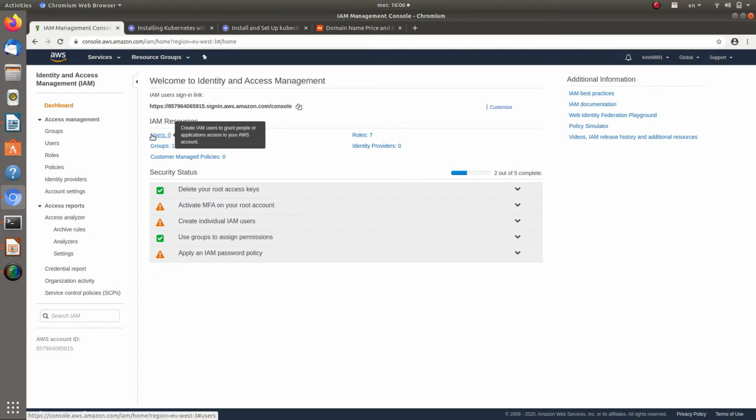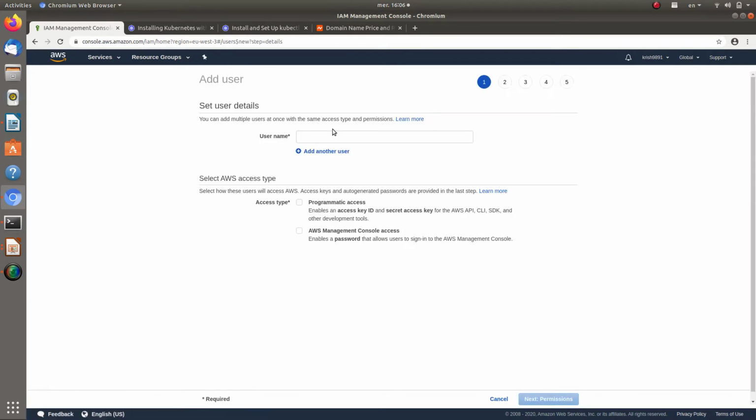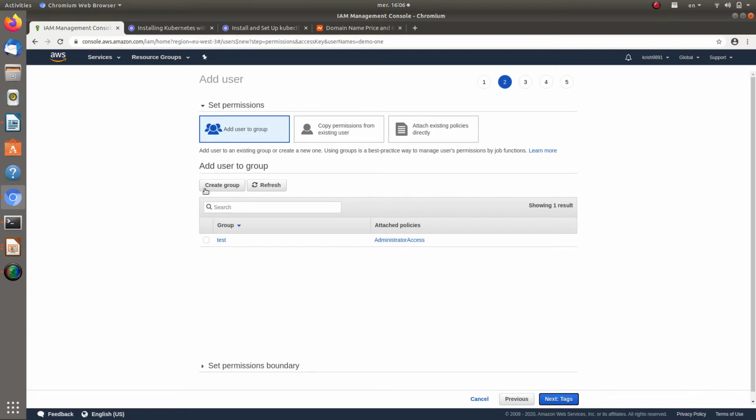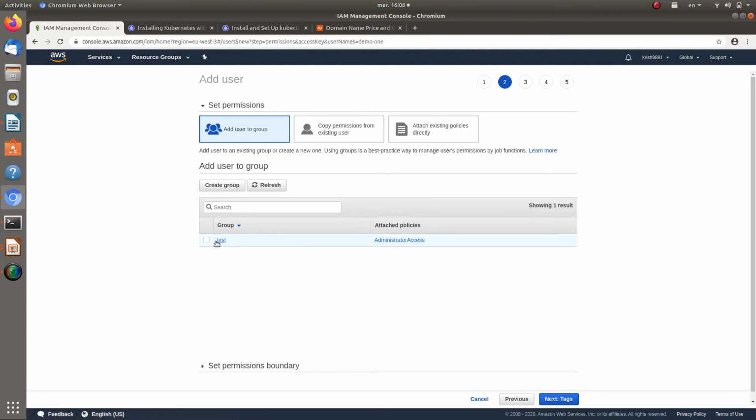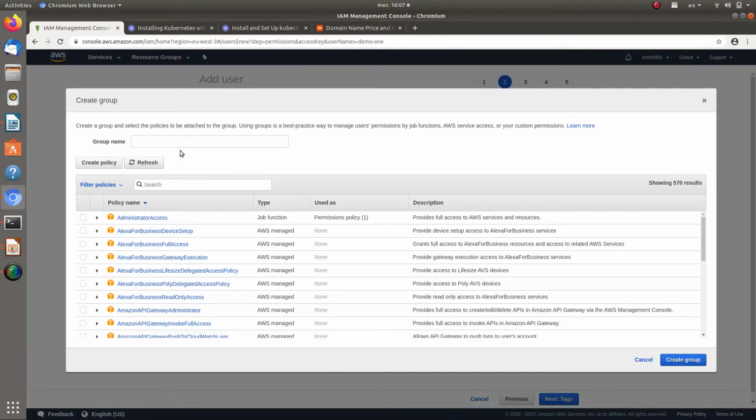There are 0 users, so add user. I'm just going to give the username as demo1. Okay, and we need to give the access type as programmatic access. Next. It is asking; I have already created a group, but you can create a new group and give a group name. I'm going to give demo